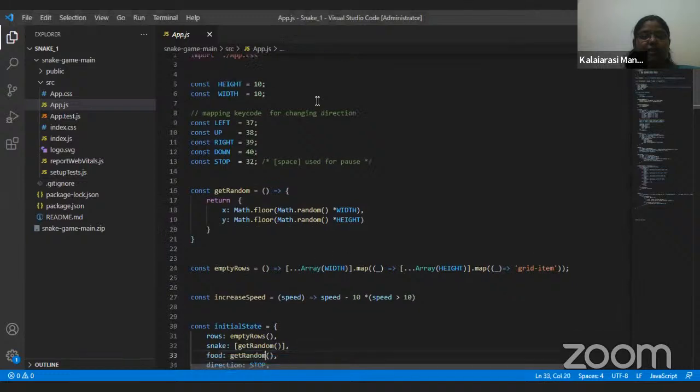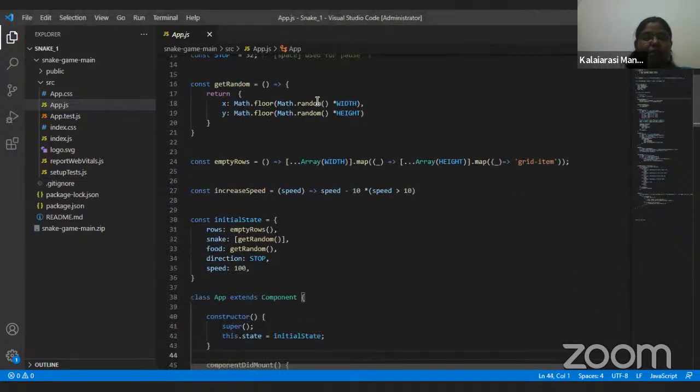And then next, in your initial state, you have to define your rows, and then define how the snake generates its body, what food has to appear in the game and in what frequency, the direction to stop, and of course the speed of the snake movement. All these you have to put in your initial state. Now